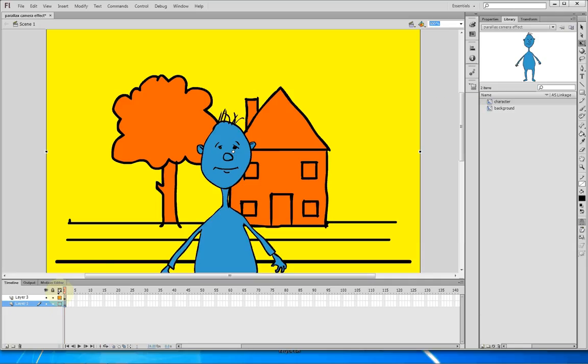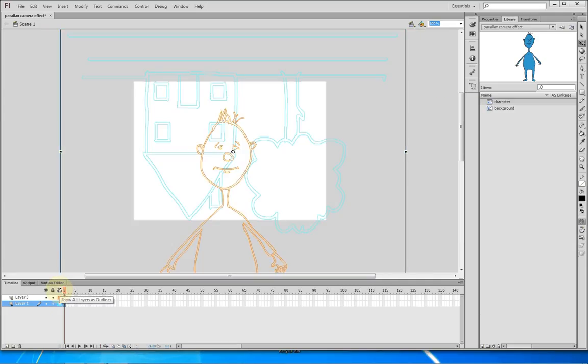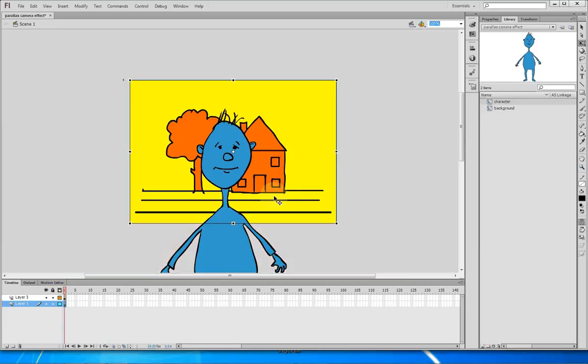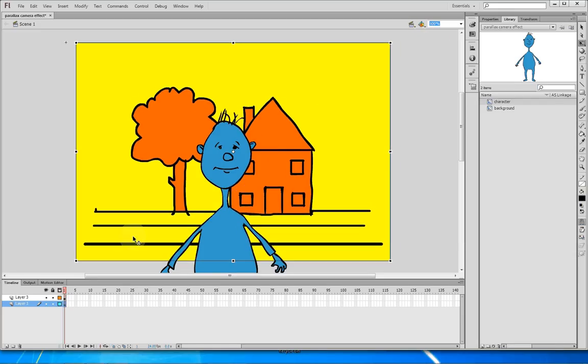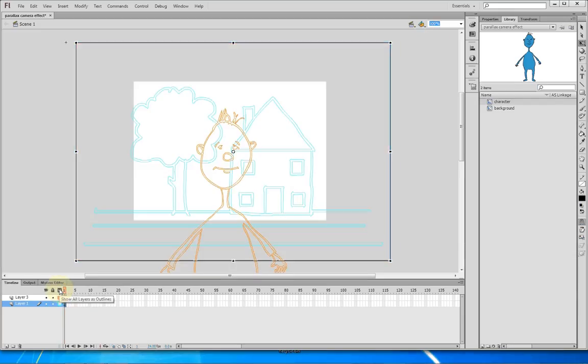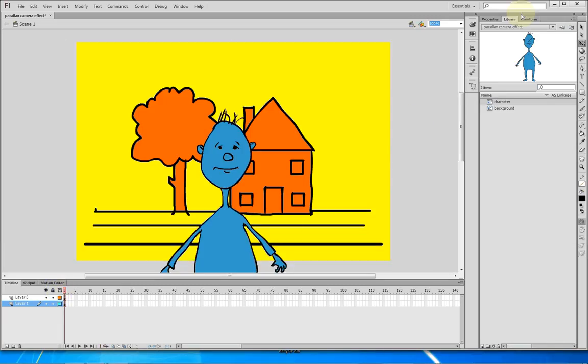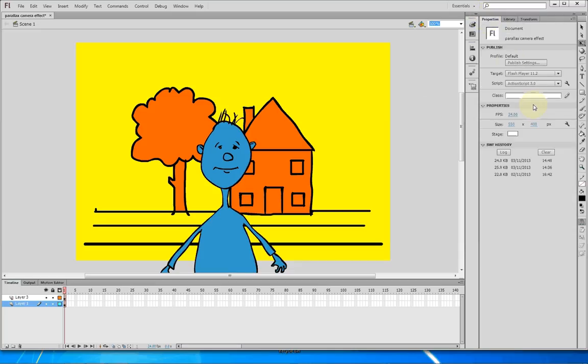You can toggle here to show the stage. I don't know why it's flipped upside down. Do that again. Okay, so you can toggle this button here that will show those in relation to the stage. And what we're going to do is, if we go to the properties panel, and if we go to, it's not visible there, if we go to window,